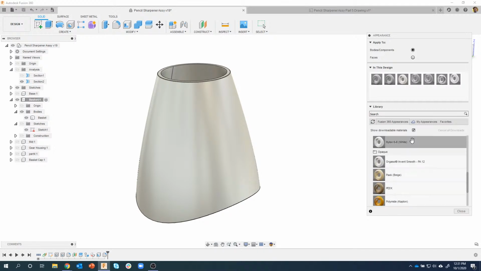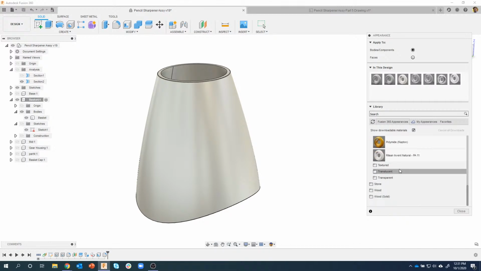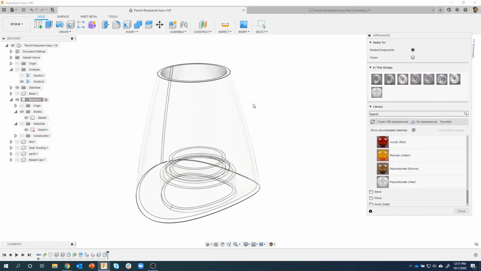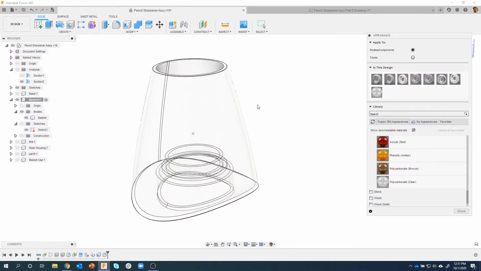And you can see we've got a bunch of different kinds in here: opaque, and then you can see textured, translucent, and transparent. So I'm going to expand open transparent, and we can see different colored acrylics, polycarbonate, and then here's a polycarbonate clear. And that's kind of what this material is made out of. So I'm going to drag and drop that onto my part, and we can see that now you can sort of see through it. It's kind of a clear